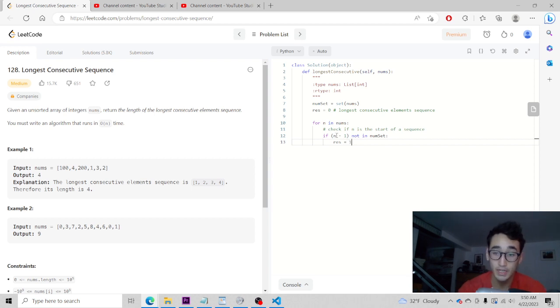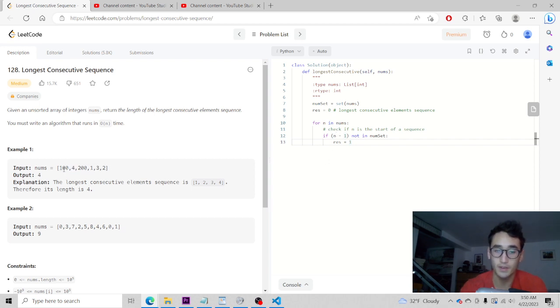So this is checking if it's not already in numset, because it looks for the value directly below n, which is the number here, not the position where it's placed. n is the actual value.